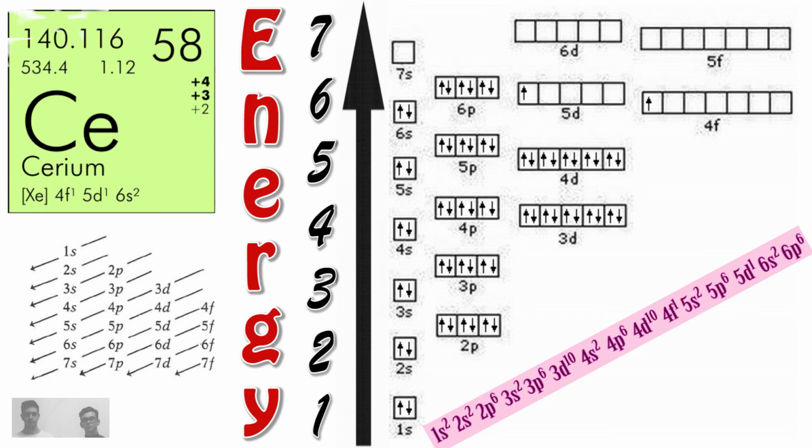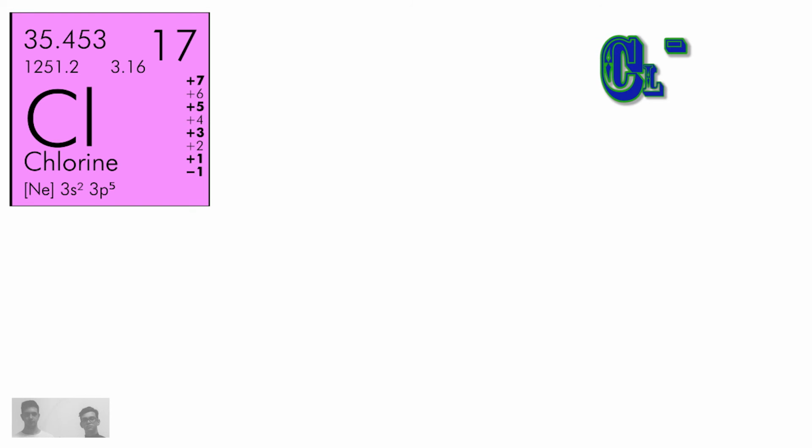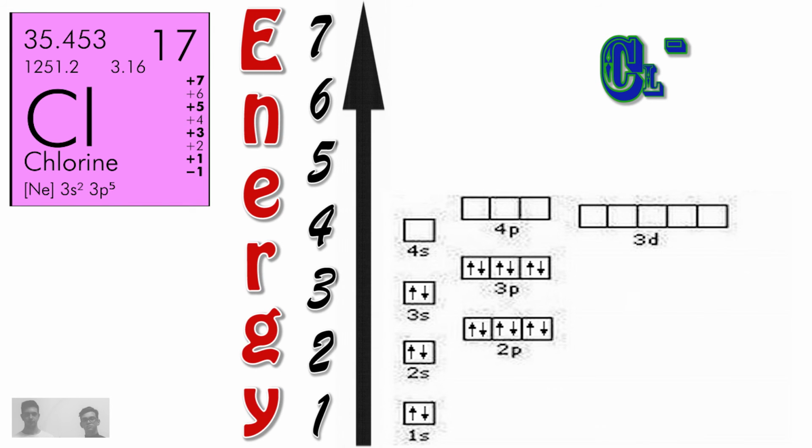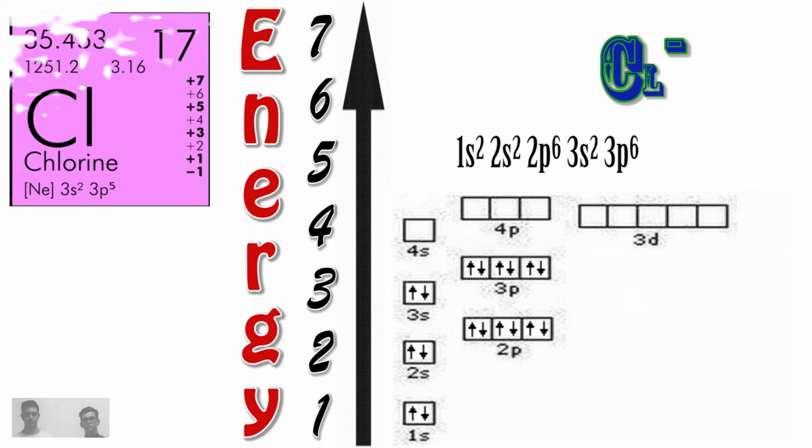If there is an ion, for example chloride, it means that it has gained an electron and we will have the same configuration as argon. Okay guys, this process is really complex in some ways. In fact, it has many peculiarities that we won't discuss, but we treat the electron configuration only in a general way.